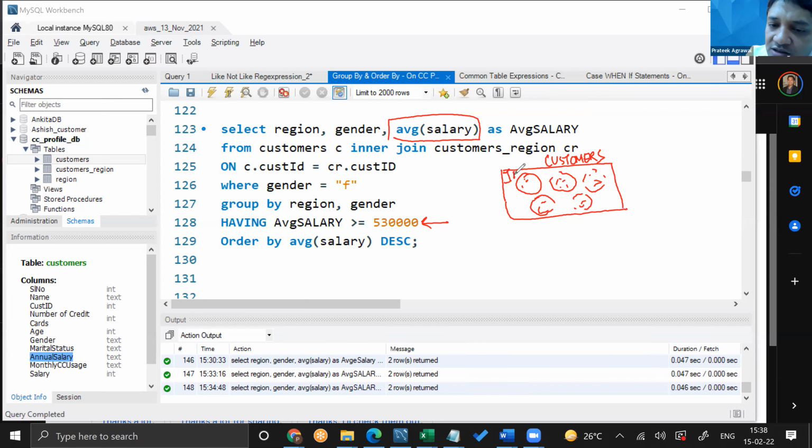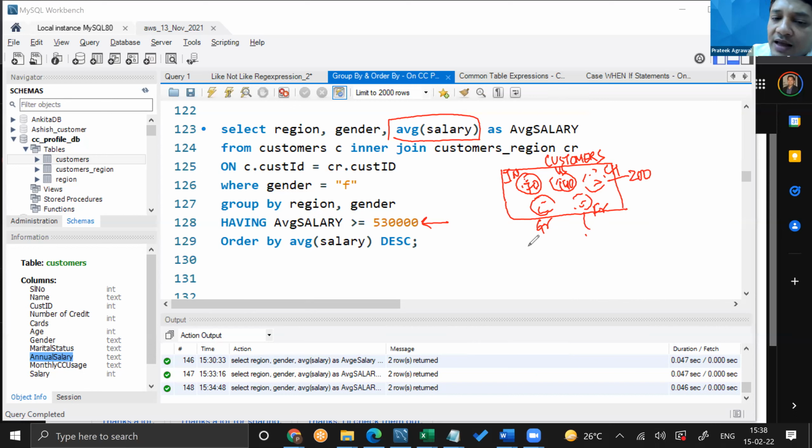Imagine these are customers from India, these are customers from the US, these are customers from China, these are customers from France, and these are customers from Germany. Now imagine there are 70 customers here, 140 customers here, 200 customers here, 15 customers here, and 45 customers here.